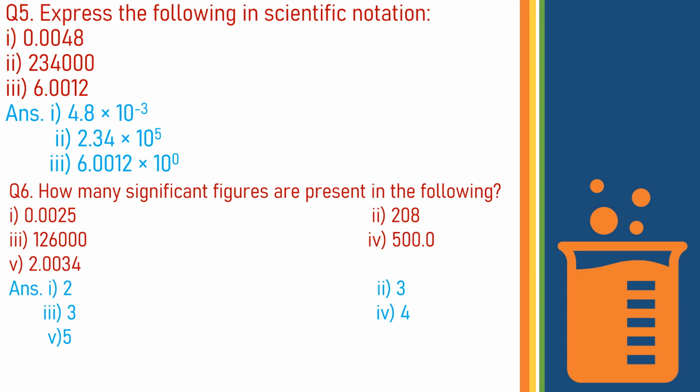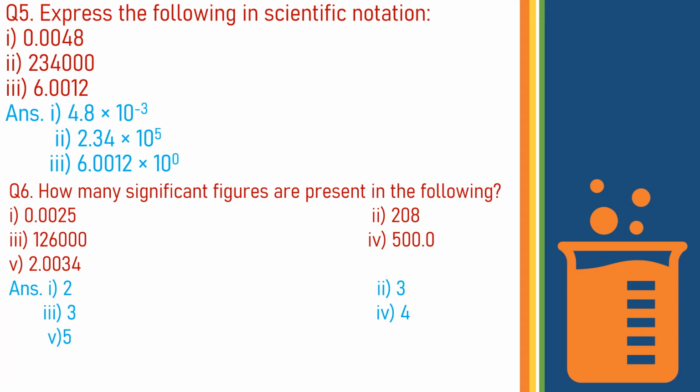Because students, we are knowing that zeros to the left of the first non-zero digit in any number are not significant. Okay, we have discussed these rules as well. Now the second one, 208. This simply has 3 significant figures because we are knowing all non-zero digits as well as the zeros between the non-zero digits are significant. Now coming towards the third one,